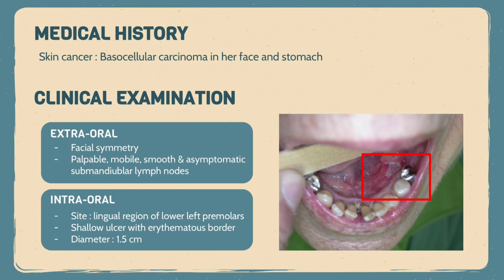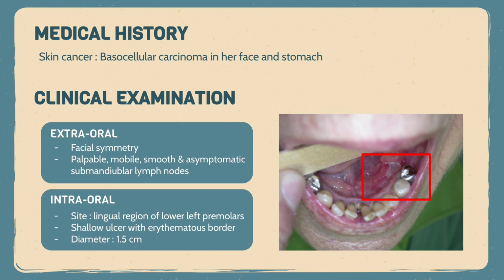So what is basal cell carcinoma? It is a type of skin cancer that begins in the basal cells. Most basal cell carcinomas are caused by long-term exposure to ultraviolet radiation from sunlight. It usually develops on sun-exposed parts of the body, especially face, ears, and neck. So as the patient has a history of skin cancer, she was worried about the possibility of the ulcers being